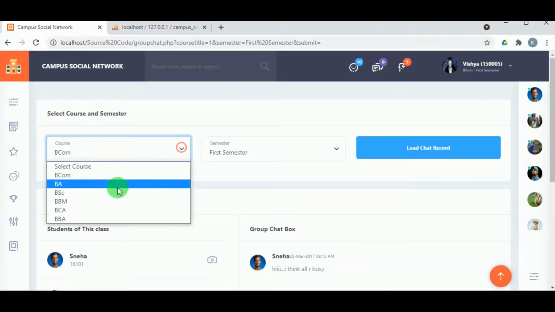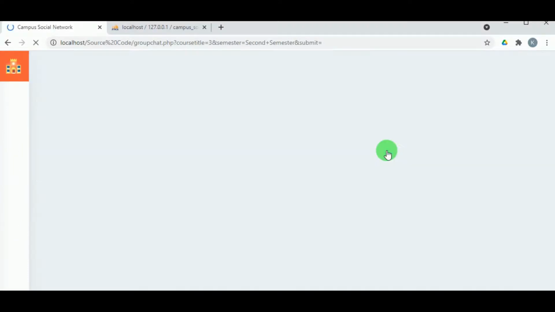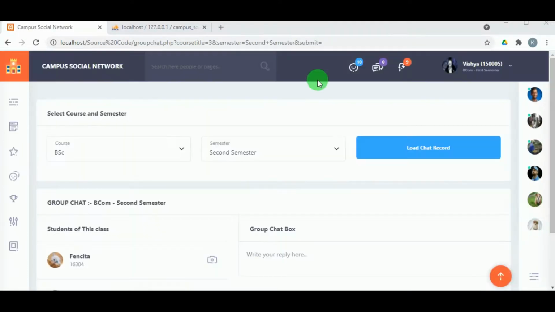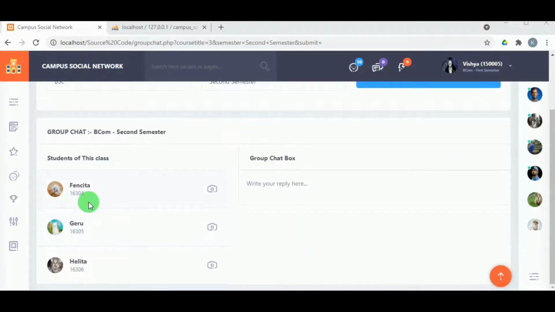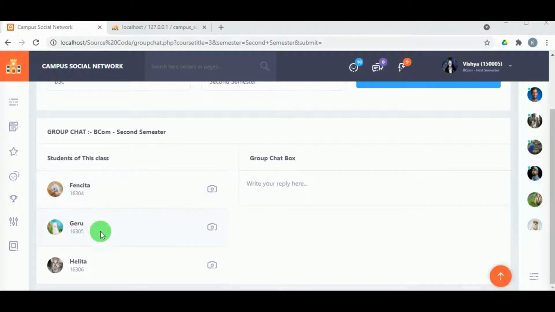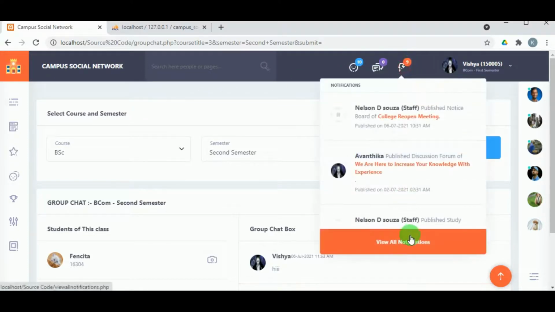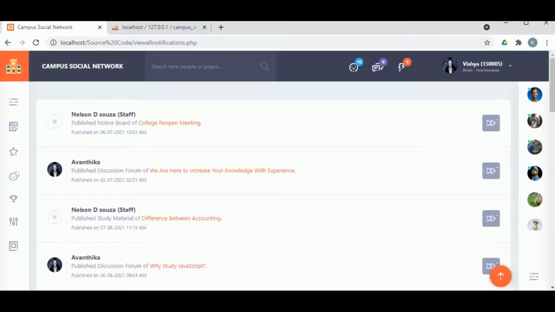And the students can also start the new chat by selecting the course as well as the semester. So here we can see there are 3 students, and the new group has been opened and the message is sent. Once the students view the message, they can reply to the message from this particular student.